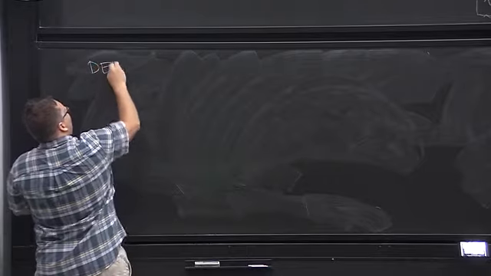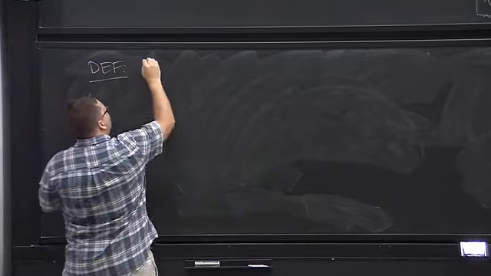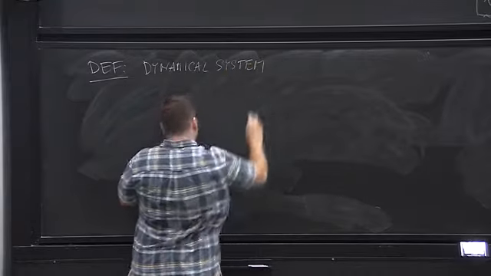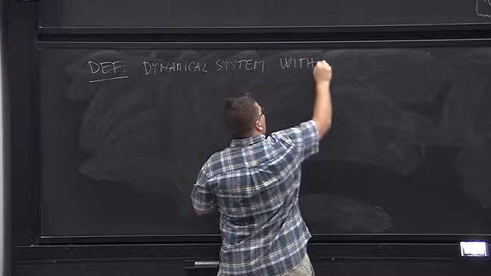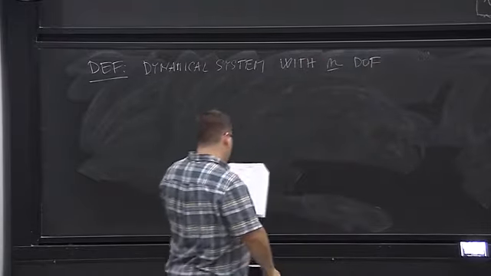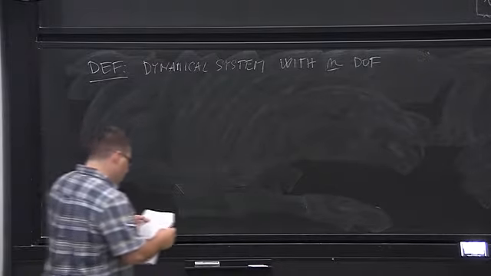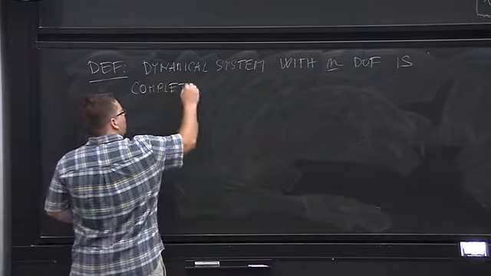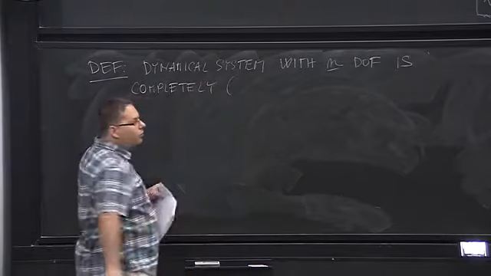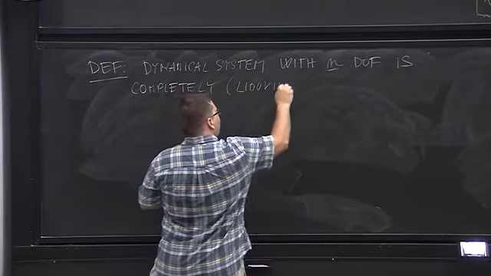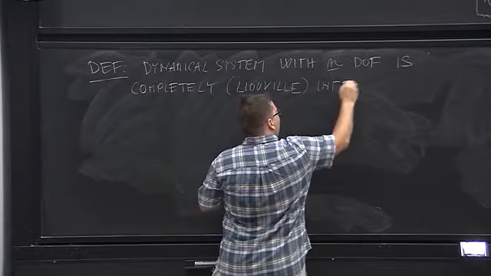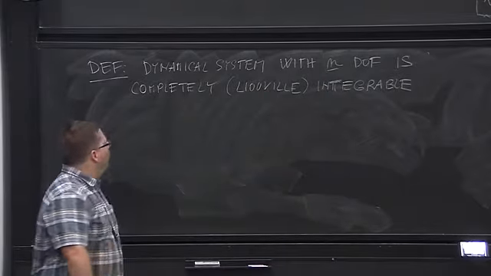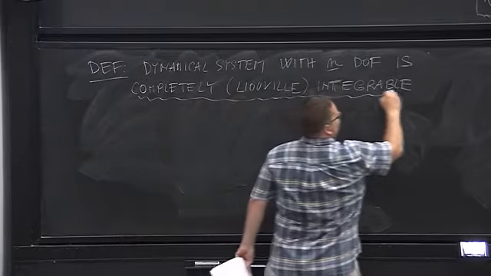So, definition: you say a dynamical system with n degrees of freedom, so we have a 2n-dimensional phase space, is completely integrable in the Liouville sense. So it's completely Liouville integrable, as a definition,